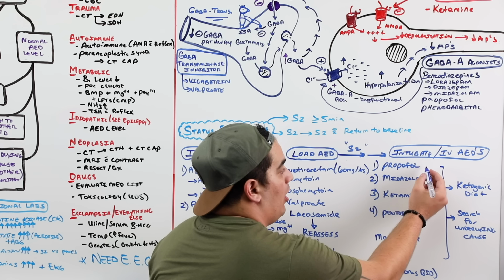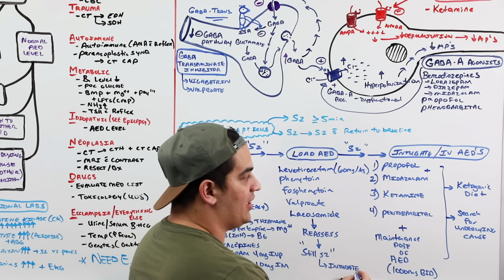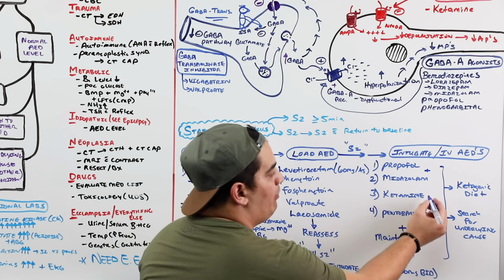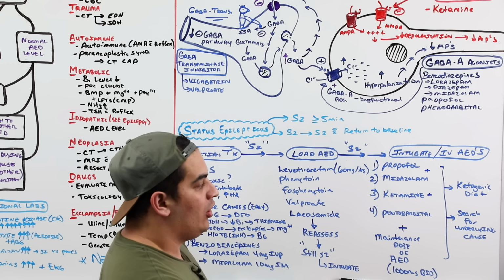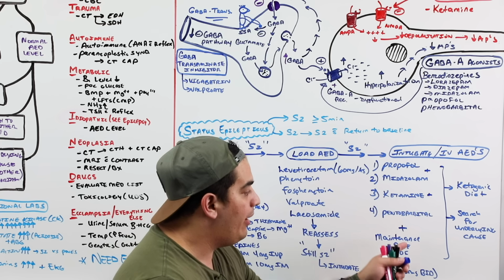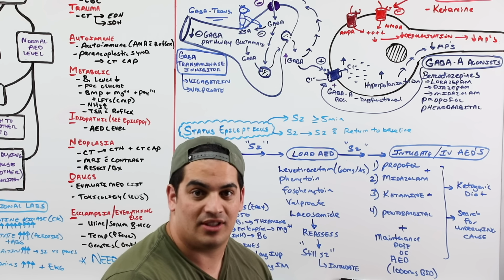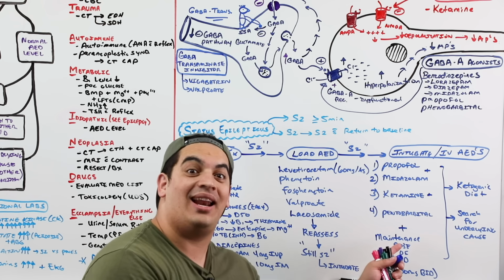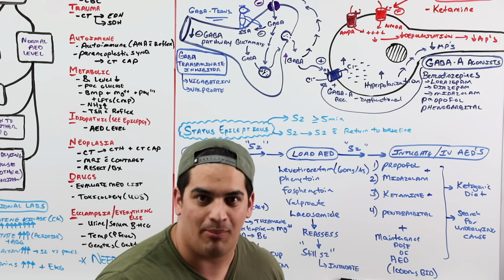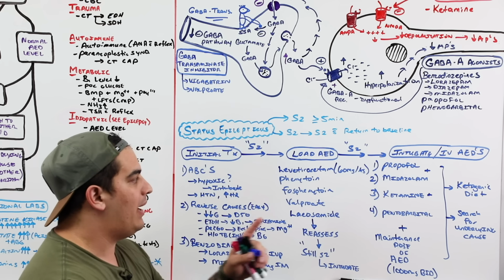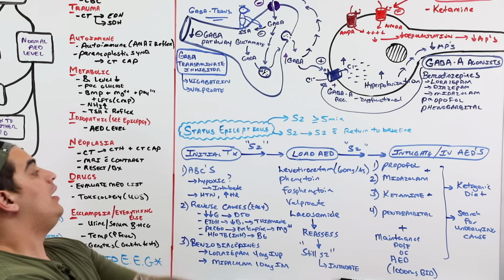Sometimes what may even happen is you add things. Maybe you might have propofol and Versed, or midazolam. Maybe you'll have propofol and ketamine. And maybe you'll have propofol and ketamine and another maintenance dose of some anti-epileptic. Or maybe you're adding multiple anti-epileptic medications. The point is, what is the step-by-step? Very important to remember. Ready?